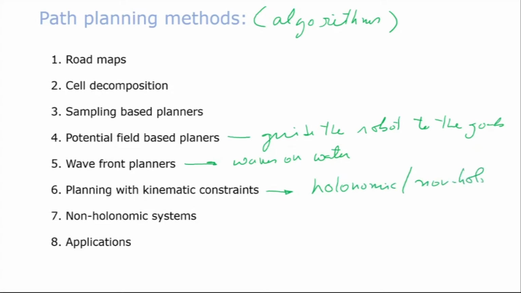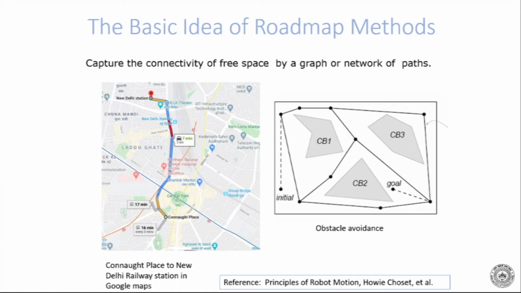Non-holonomic constraints, like real cars, they cannot go sideways, right? So planning with kinematic constraints involves holonomic constraints and non-holonomic constraints, and then we look last of all into some applications. Okay, so we'll start off today with the roadmaps, and the next couple of lectures are on basic methods,